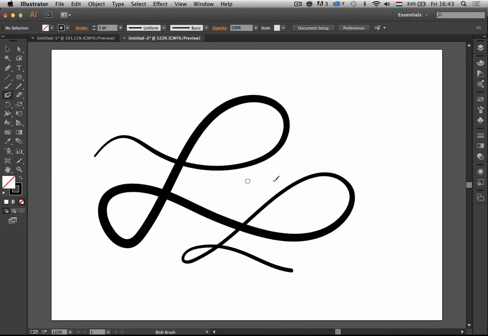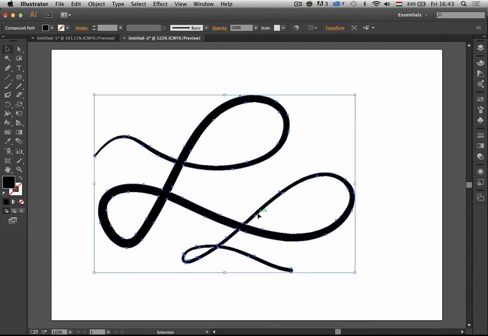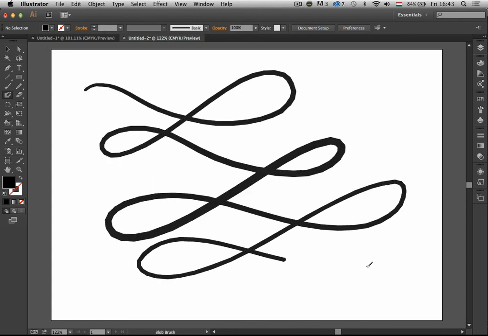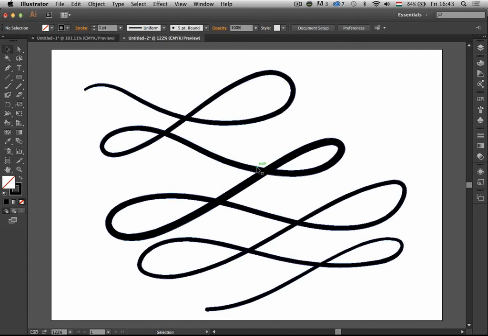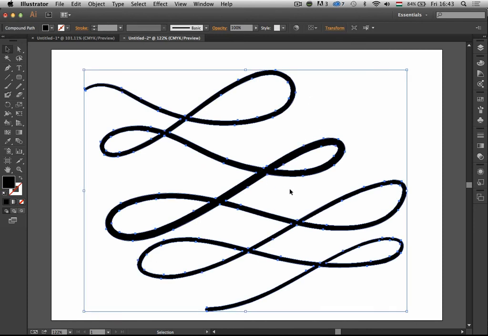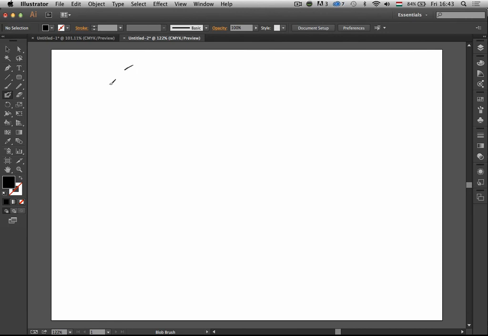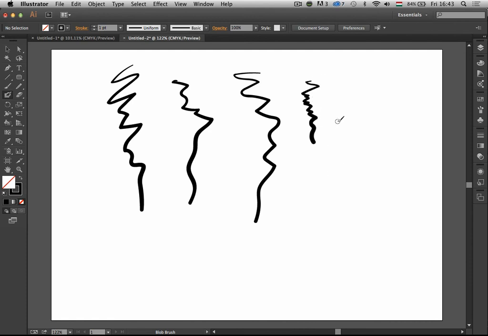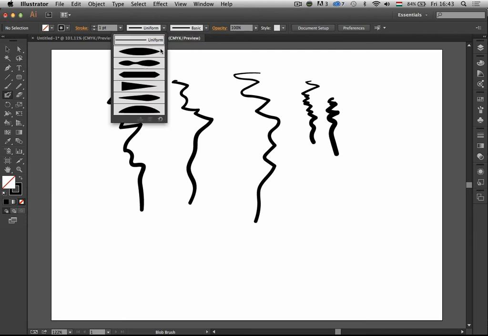In one line I can vary the width of my brush, and all this is actually vectors. So that's the amazing thing about it. So I drew a very nice fluid line. Shift B is the blob brush's shortcut. So I can draw very nice fluid lines, and all this is still vectors, right? So if you want to draw more like the way you would draw on paper, this is really the tool that gets close to what you would be able to do with ink or paint. You can see how it works,